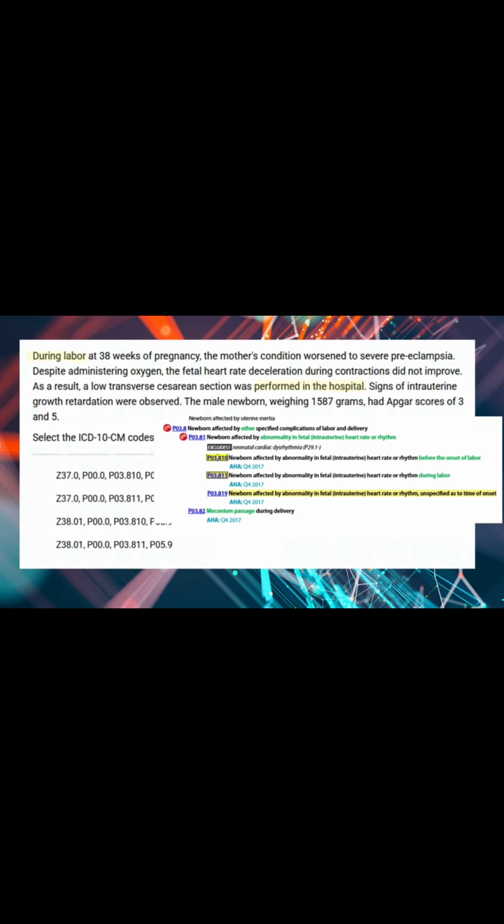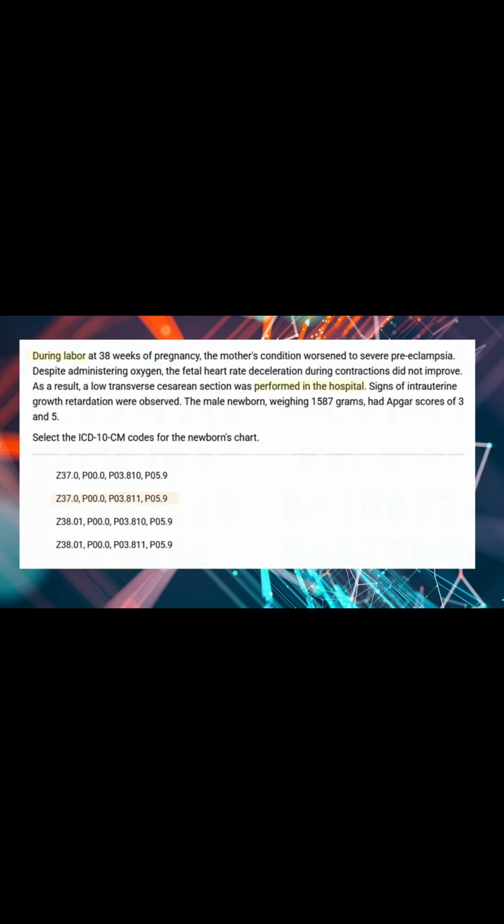As you can see, P03.810 is shown before the onset of labor, and then P03.811 is showing during labor. Your correct answer is B, Z37.0, P00.0, P03.811,